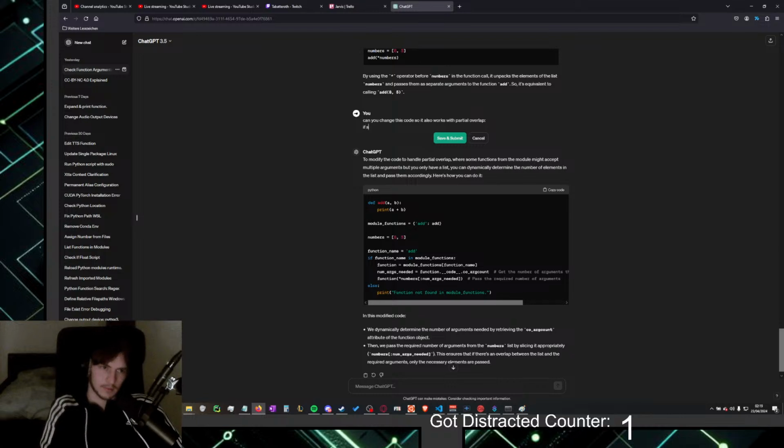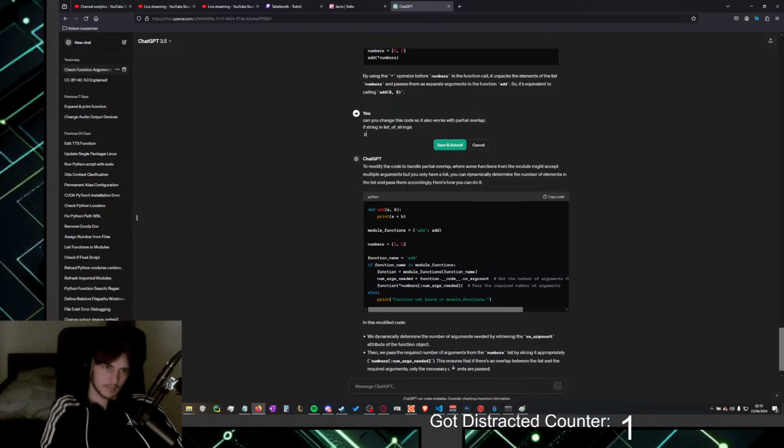If string in list of strings, print success.